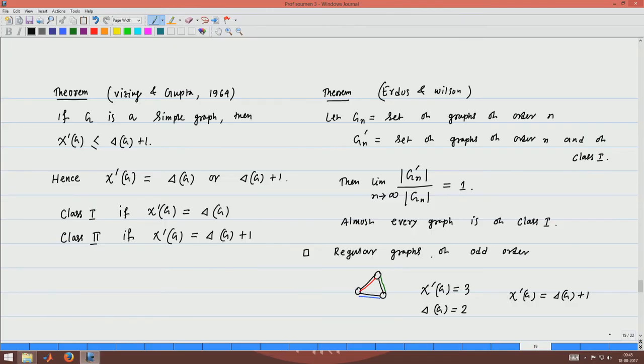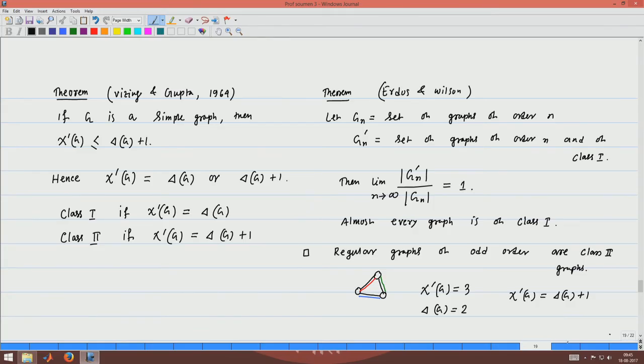So, regular graphs of odd order are class 2 graphs. This is true. You can pick any regular graph of odd order, and it is a class 2 graph.